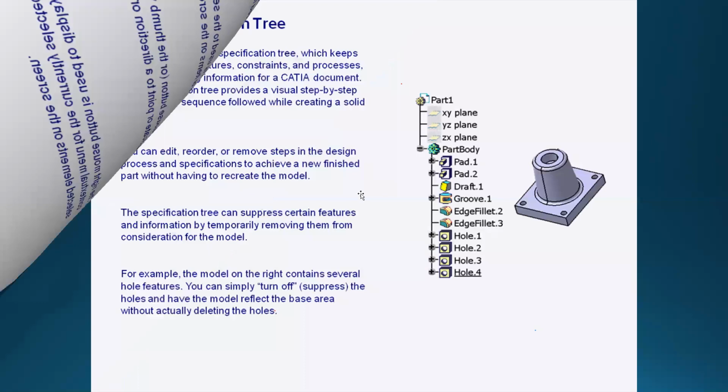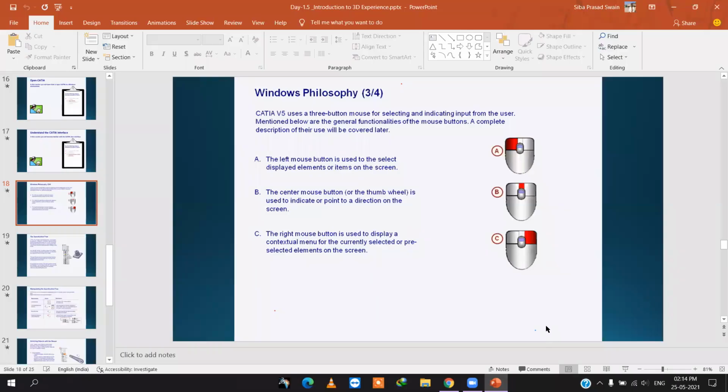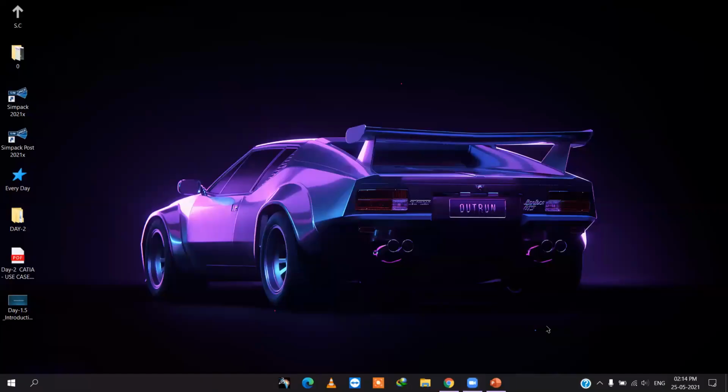First, I will show you all these three. One second.